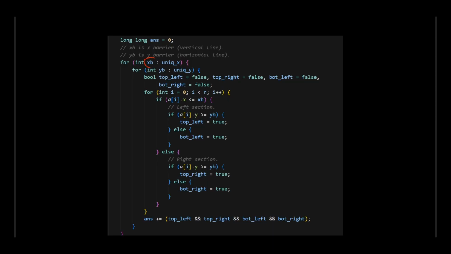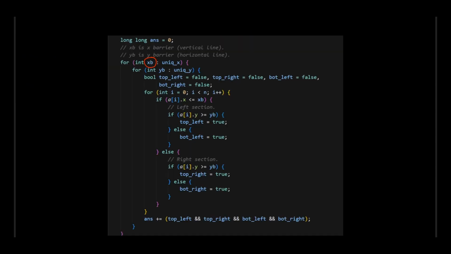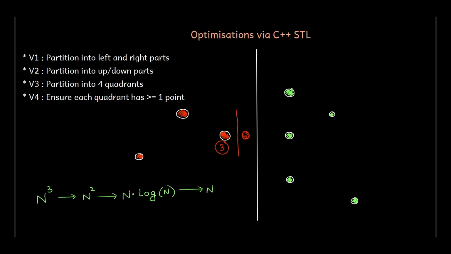That is, the barriers can only be placed immediately after the integer point that you have. Here you can see that if the x value of this coordinate is 3, I can place a barrier just after it. Because 4 will be over here, because we know that all the points are integers and barriers do not touch any of the elements. So we iterate over all the possible vertical barriers, and for that we try all the horizontal barriers, and the horizontal barriers can simply be